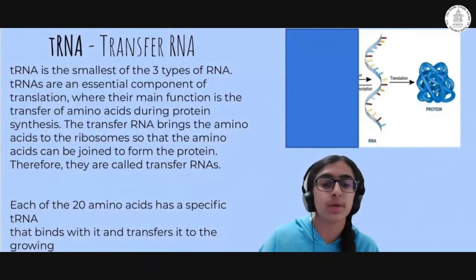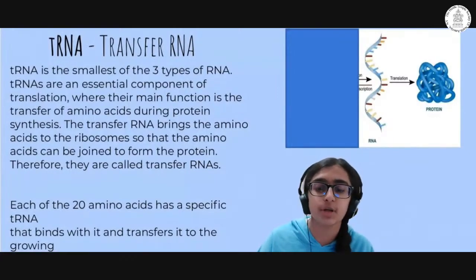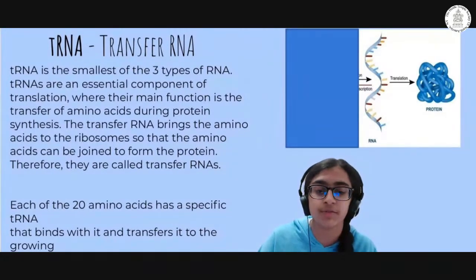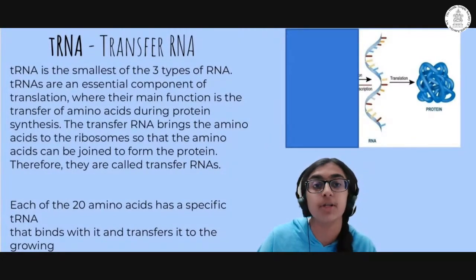Transfer RNA is the smallest of the 3 types of RNA. tRNAs are an essential component of translation, where their main function is the transfer of amino acids during protein synthesis. The transfer RNA brings the amino acids to the ribosomes so that the amino acids can be joined to form the protein. Therefore, they are called tRNAs. Each of the 20 amino acids has a specific tRNA that binds with it and transfers it to the growing